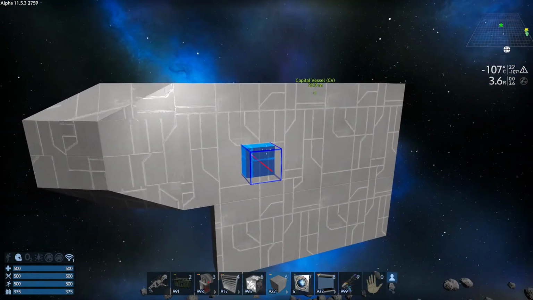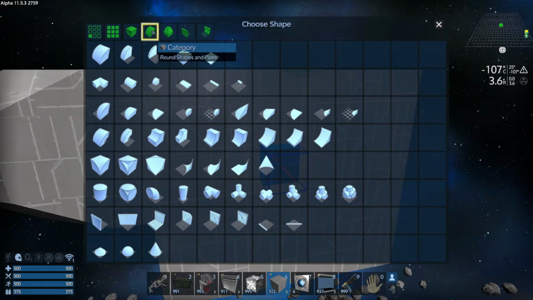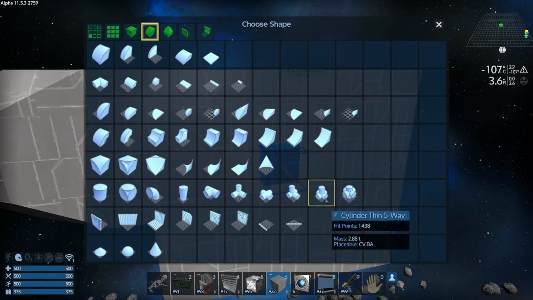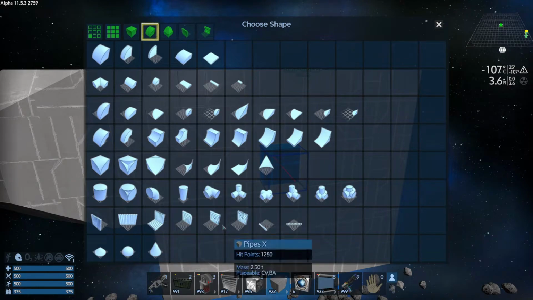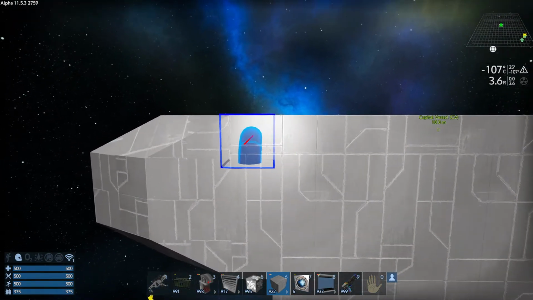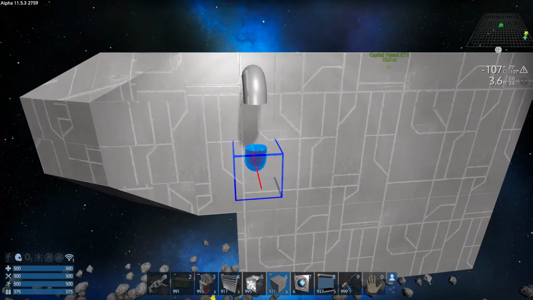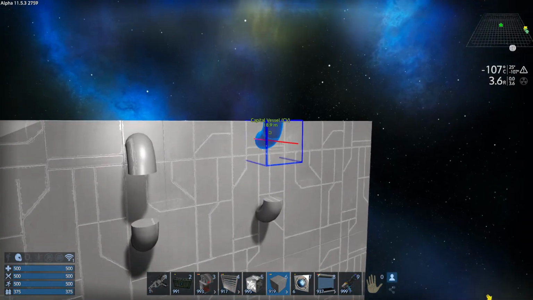Okay, let's switch gears and let's say, oh, I don't know, let's say we're going to use the piping. Let's use the piping for a little bit here to add on and give the ship a little bit of structure here. So what we can do is we can add on,